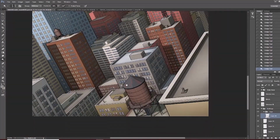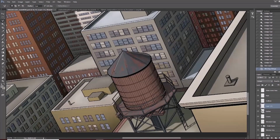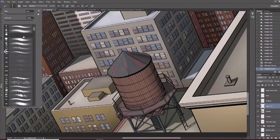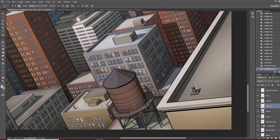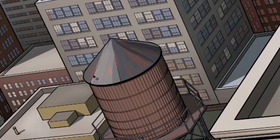But another thing I want to show you is, so I have my darkened layer here, but let's do another one above, set to screen. And this is going to be for the lighting. So I'm going to go through like something like this. If I just grab this section of the water tower, and I'll get a nice brush, maybe, yeah, that one. And we want to try and get a warmer tone, so I'm going to grab this kind of creamy tone here. And just kind of set it to quite a light one, so probably like that, a little bit of a warmer tone there. Take it down to about 40%, and I'm just going to go over the top of it like this, and just start laying out a little bit of lighting,